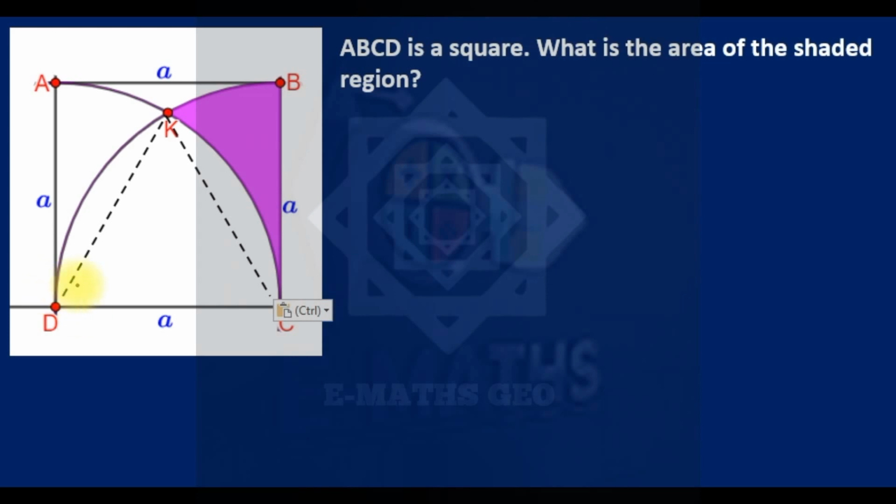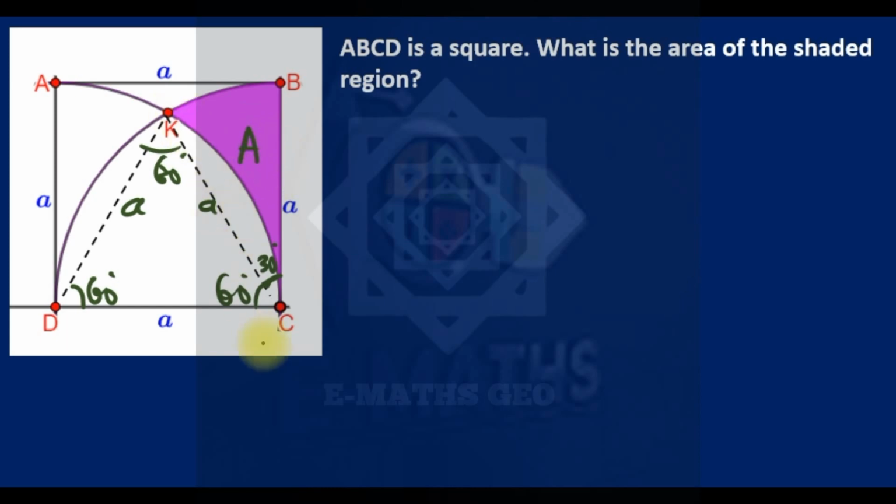This is a square, so each interior angle is 90. And again, you can see that from here to here is also A. Yes, that's like the radius of this quarter circle. And if you look at this quarter circle BCD, you also see that here is also A. So this is the radius. And we also have A here, making each of these interior angles 60, because this is an equilateral triangle. Remember, since this is a square, the remaining angle here must be 30 degrees, so that it will sum to 90. So from this, you can see that the area of this shaded region, maybe let's call it A,